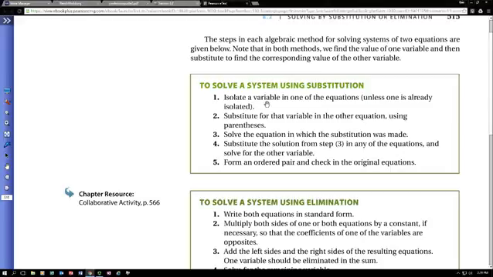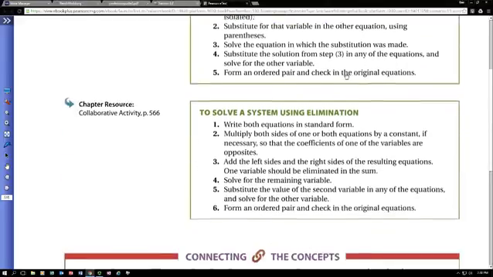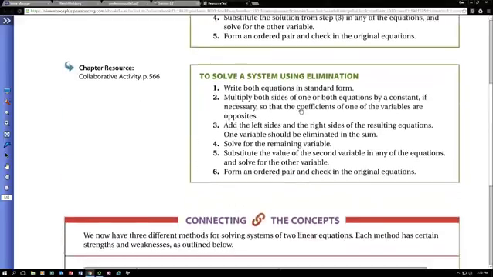Now you're going to have an algebraic expression in for a variable. To solve the equation in which substitution was made, you're going to end up with an actual numeric value for one of your variables, and then you substitute it again into one of the original equations to find your ordered pair, right? And that's what they're describing here. Very good thing to look through, make sure you understand that if I use that. And here are the steps to